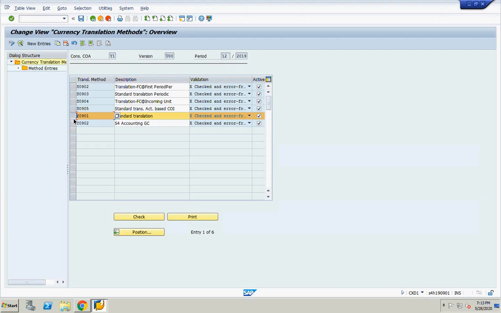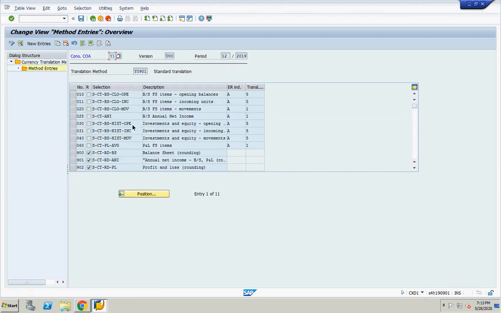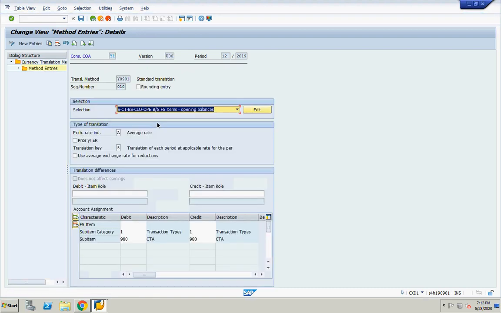For example, if you go here, standard translation, method entries. When they are taking balance sheet financial statement items, they have different selections. You cannot use these translation methods delivered by SAP.